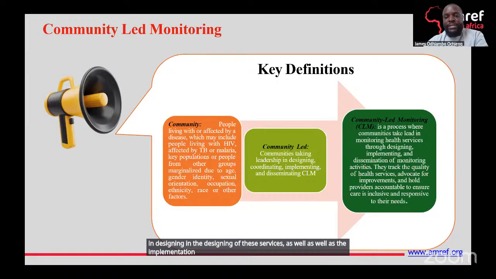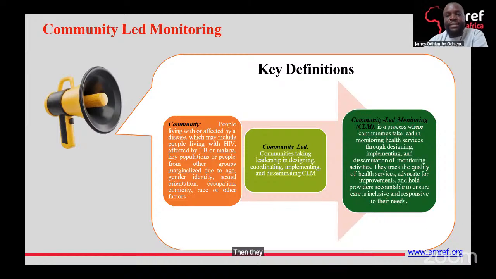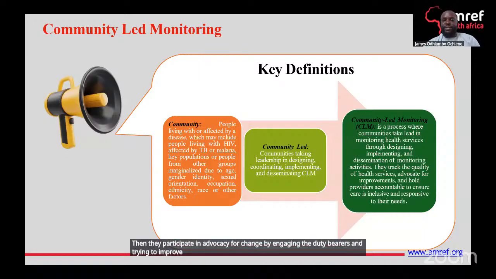And of importance is that they also participate in tracking the quality of the healthcare services that they get. And along the way, if there are areas that need improvement, then they participate in advocating for change by engaging the duty bearers and trying to improve the accountabilities of the duty bearers.